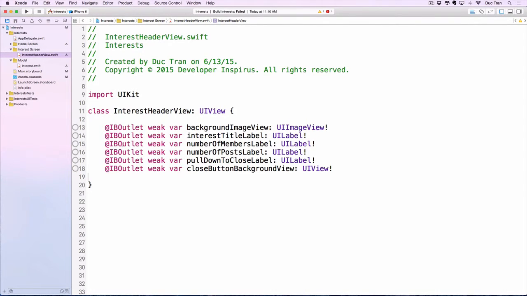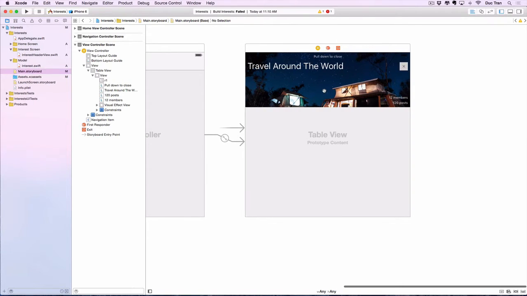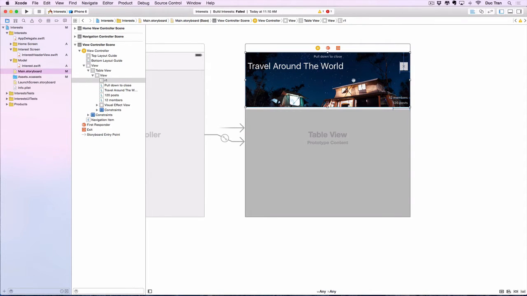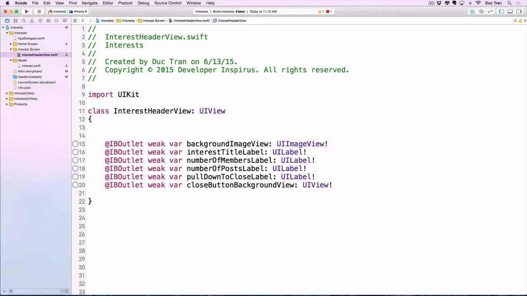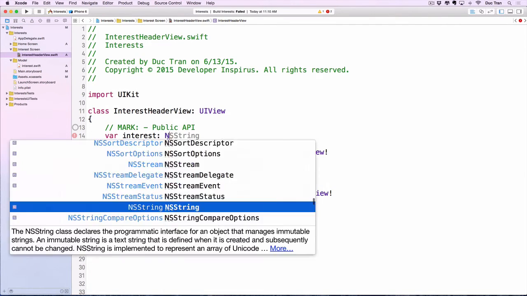Now what else do we want to have from this header view? Because each of these header views will display some of the most important information about an interest, right? We will have the title, the number of posts, number of members, things like that, and we also have the featured image, right? So our data source, or our model in this, is simply just an interest. So we will have a MARK: Public API, and that could be var interest of type Interest,